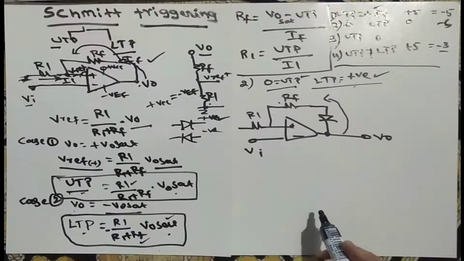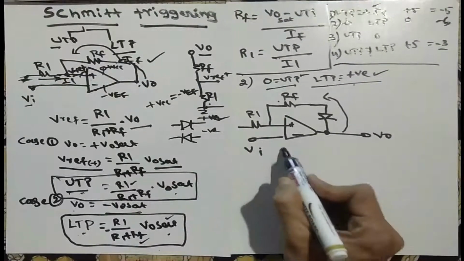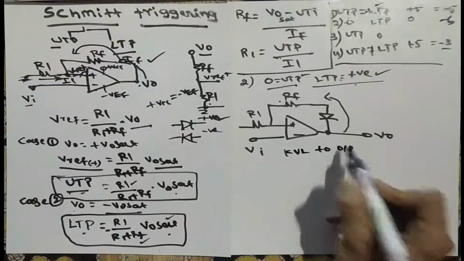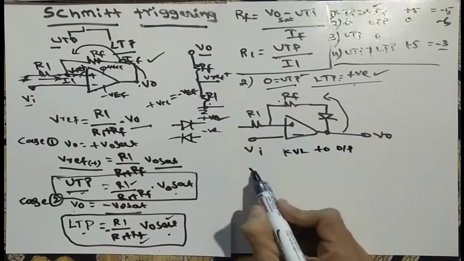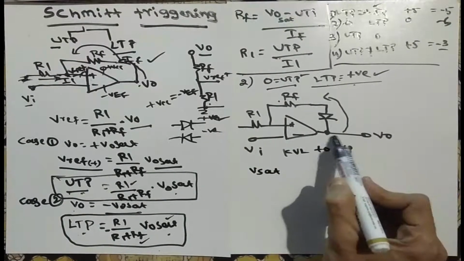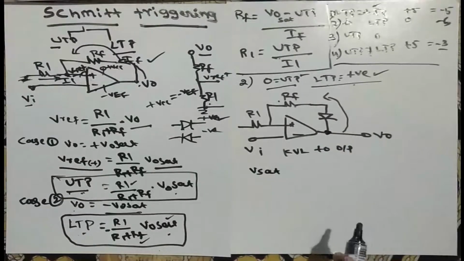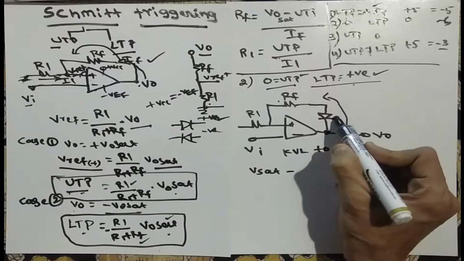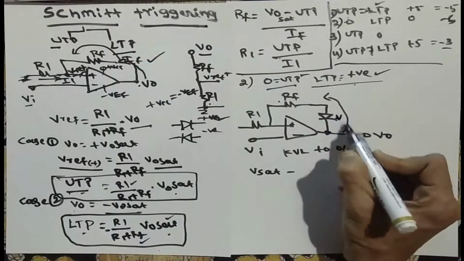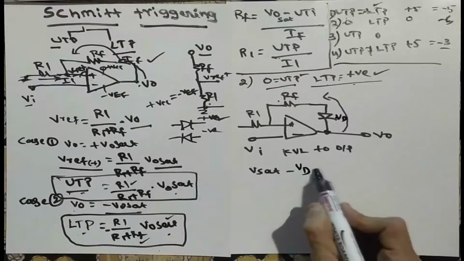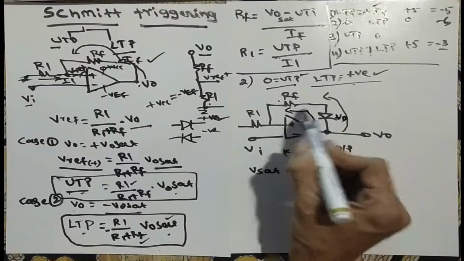If you apply the formula, we can apply KVL to the output. Okay, let's just cross verify what happens. So we first have V naught saturation, so we will take V saturation, which is nothing but this value. Then we have some voltage across the diode. I can call this diode voltage VD. We can call VD minus here, we have current IF, yes or no?